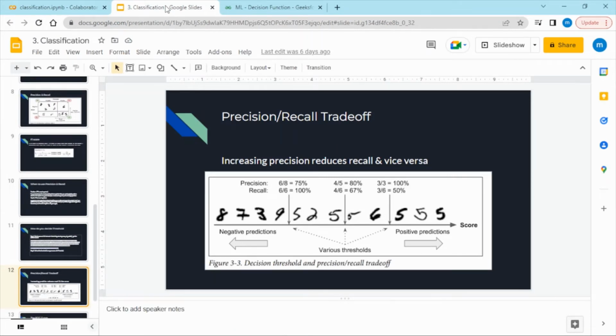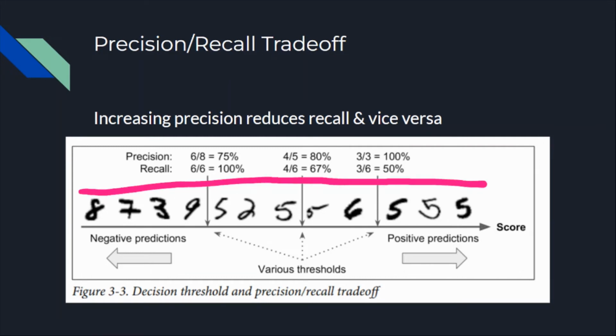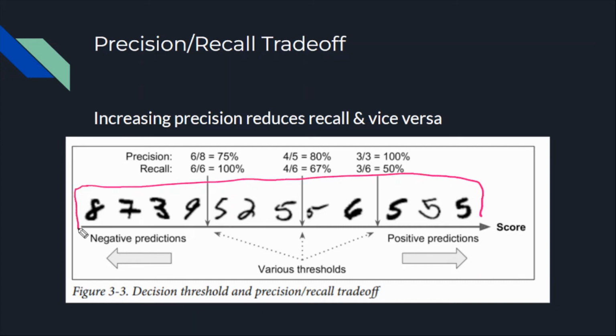Yeah, so now here is the slide. Now let's understand the trade-off between precision and recall. If you look at this using the decision function, we have calculated the score for all the classes, right? I have calculated the score for all the numbers, and then I have decided